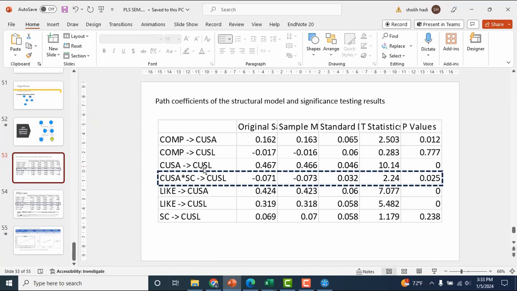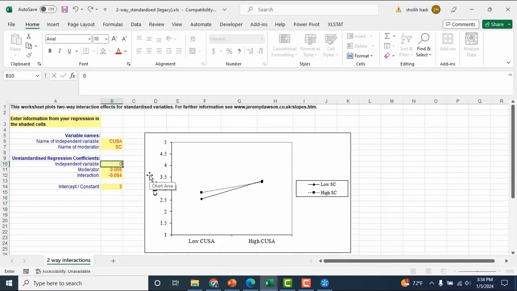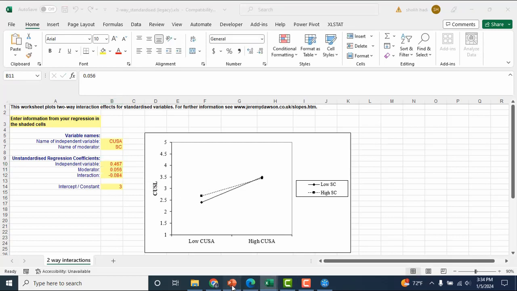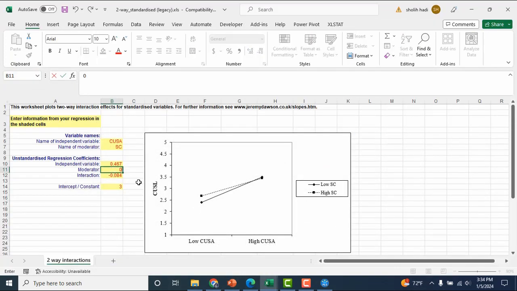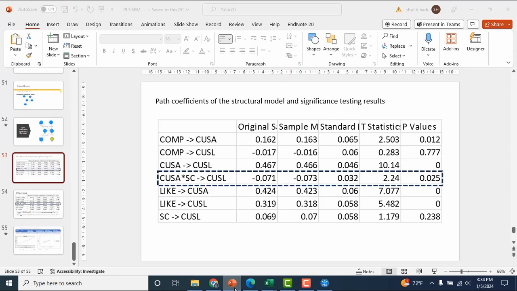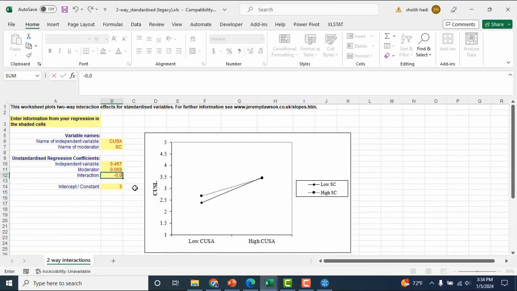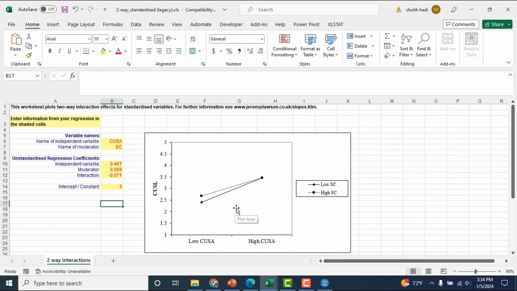Take from here: dependent is CUSA 0.467, and then for moderator is SG 0.069, and for the interaction moderator minus 0.071. Okay.